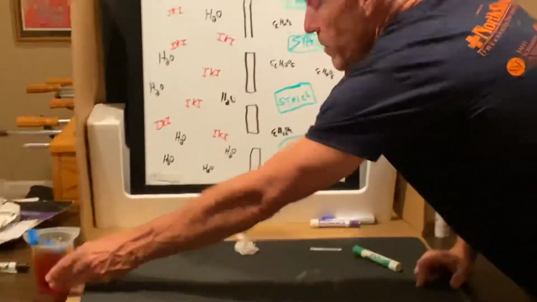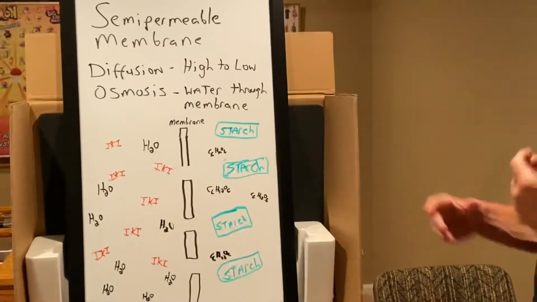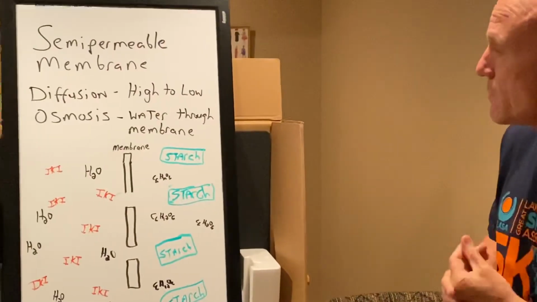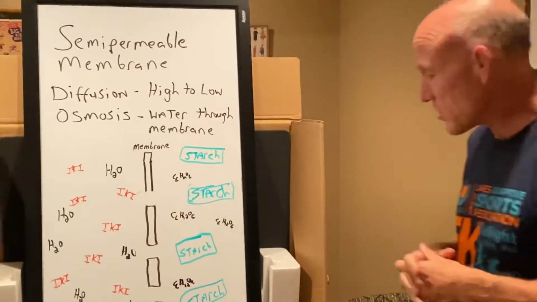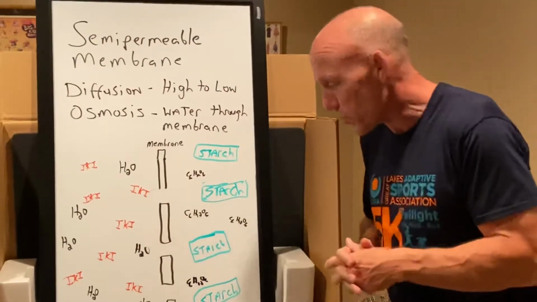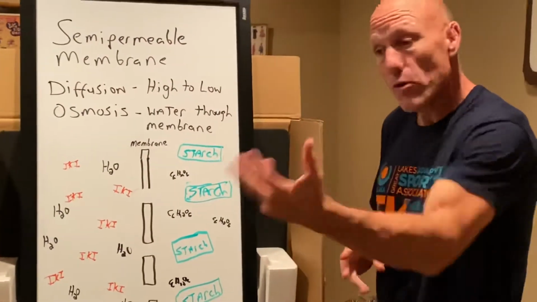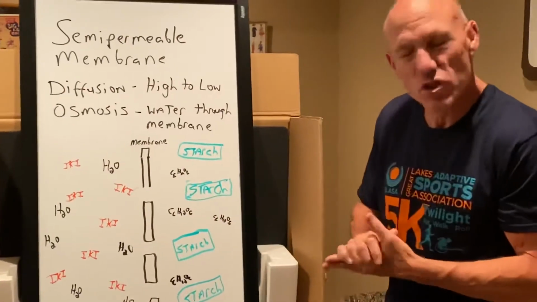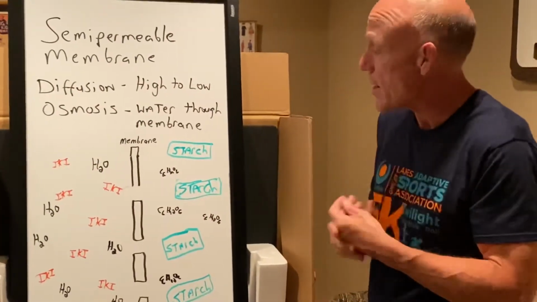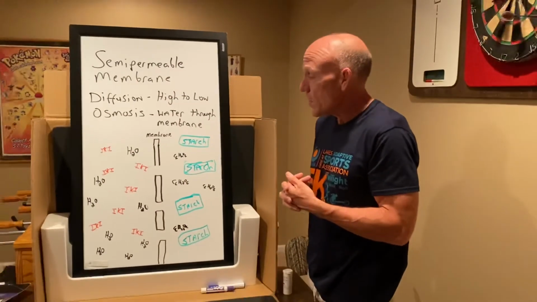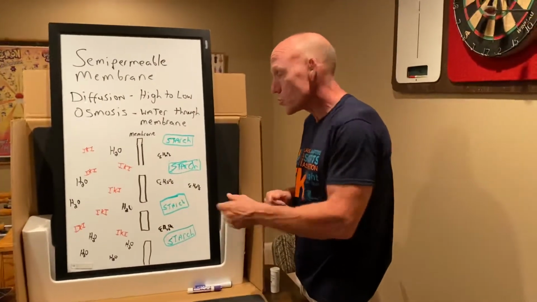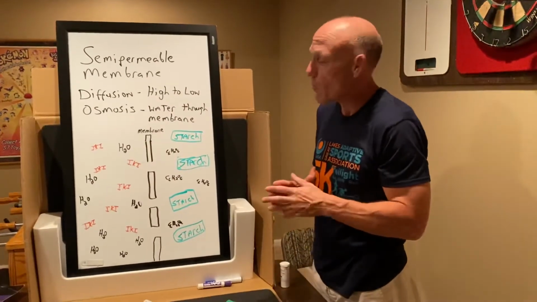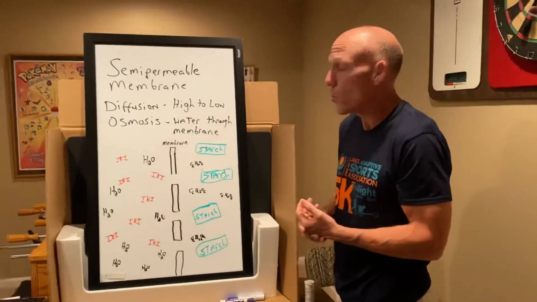So what we're talking about today is a semi-permeable membrane. That's the dialysis tubing. It's got little holes in it, right? It's semi-permeable because it lets certain things in and out of the membrane. So things that are large and things that are charged have a hard time getting through membranes, generally speaking. Notice that rhymes. Large and charged molecules will have a difficult time getting through a semi-permeable membrane, or what we call differential permeable